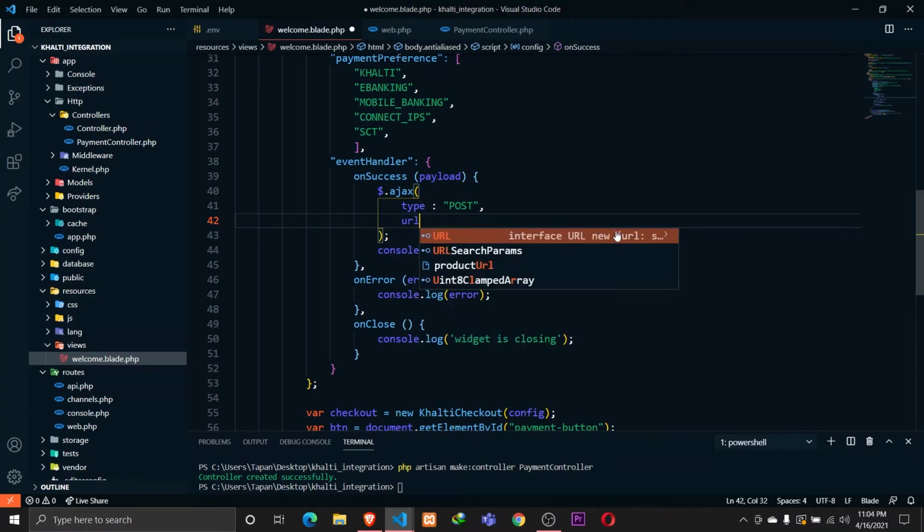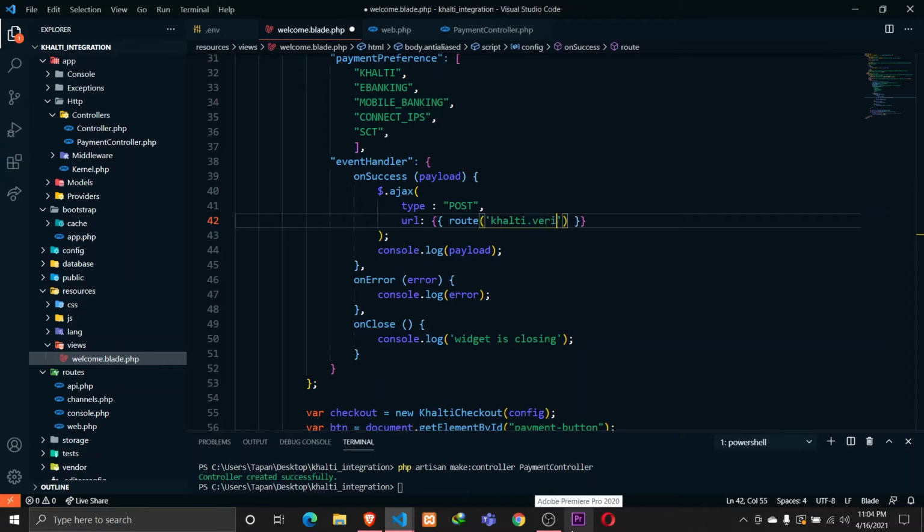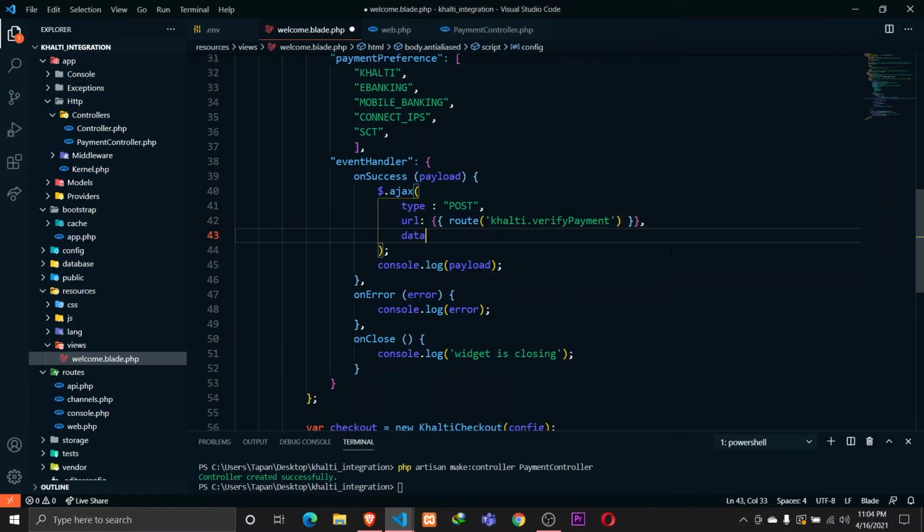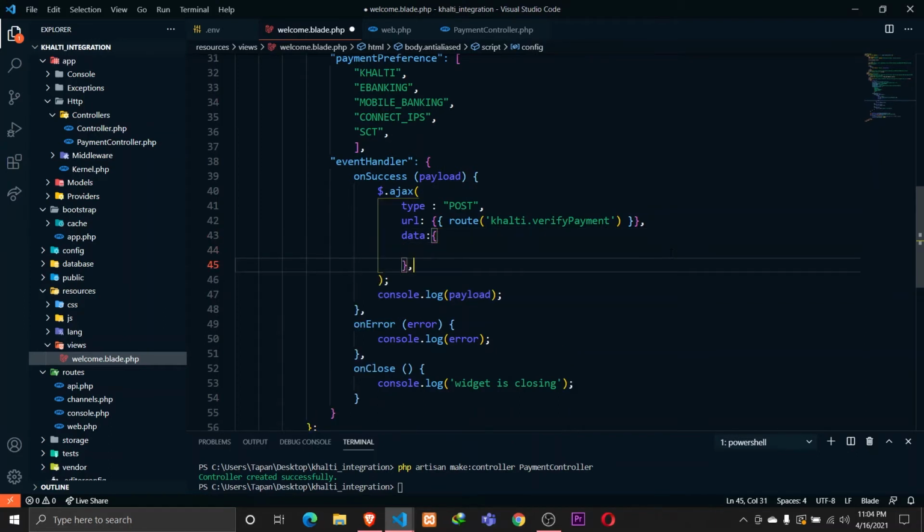The URL will be, since we are using Laravel, we can actually use the route here. So route, and let's define a new URL called khalti.verifypayment. So we haven't defined this route yet, so we'll be defining this route in a moment. And we also need to send some data. So the data will be sent in the form of an object. Inside data, we need to send multiple parameters. Among them,